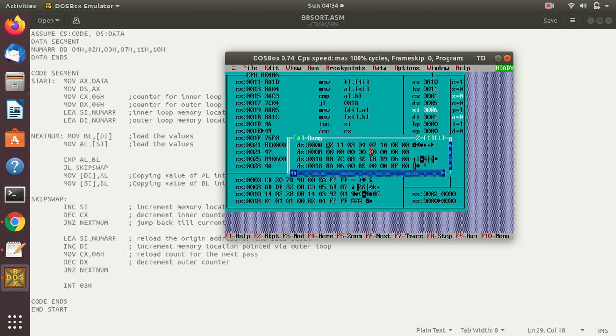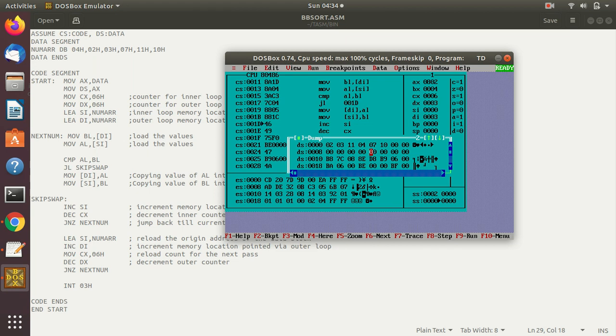In the first pass we got the smallest number, 2. In the next pass we will get the second smallest number. This way it will go on. Okay, see, 3. Now we should get 4 in the next pass.